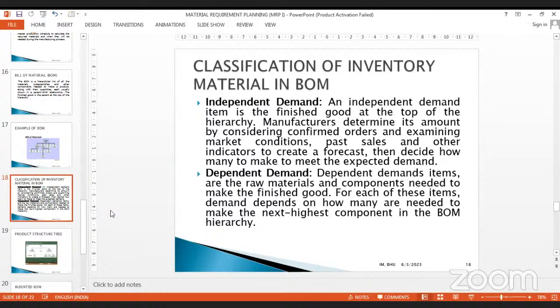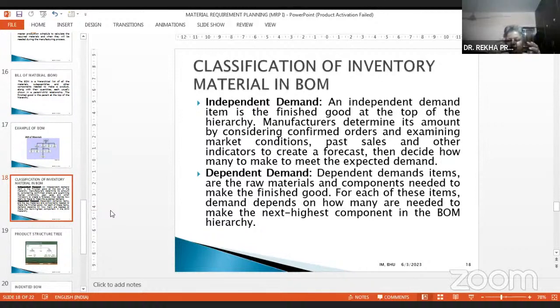Dependent demand. Dependent demand items are the raw materials and components needed to make the finished good. For each of these items, demand depends on how many are needed to make the next highest component in the BOM hierarchy. So as I told you, it can be demand for a bicycle, a chair, a table or other furniture.